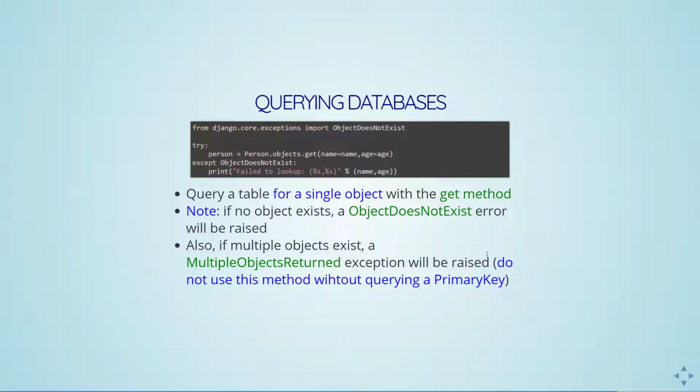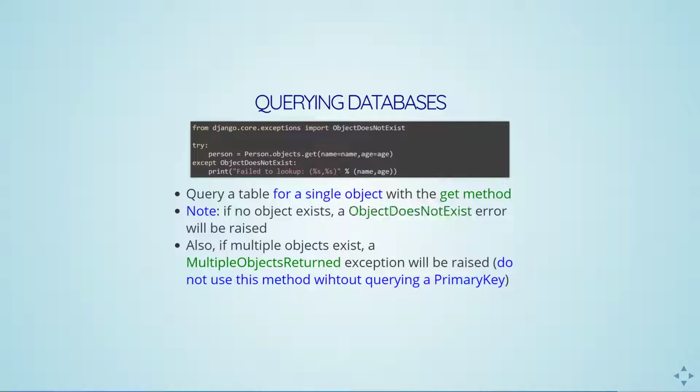Okay, so the first query that we're going to want to perform is a get query. This is a way of looking up a specific object. If we want to find a single entry in our table that matches a certain criteria, we use the get method. Now, the get method is going to raise an exception, object does not exist, if it's unable to find this